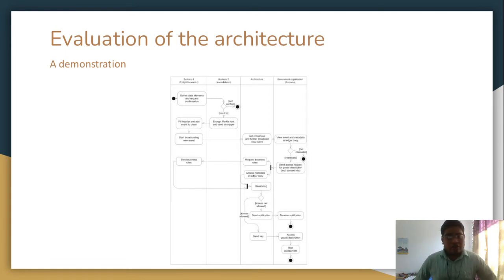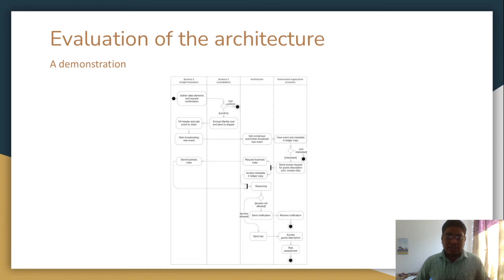If it is confirmed, it will encrypt the market route and send it to the shipper, which goes to the first part of the businesses, who will file it and send it to the file header below and add the event to the chain, which starts the broadcasting of the new events to the architecture.